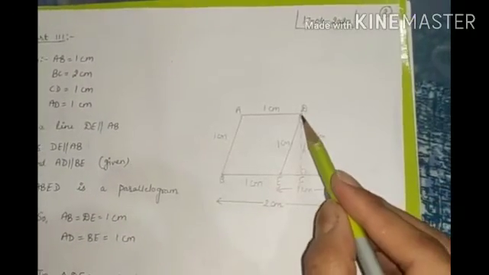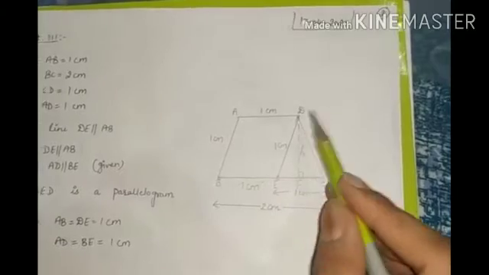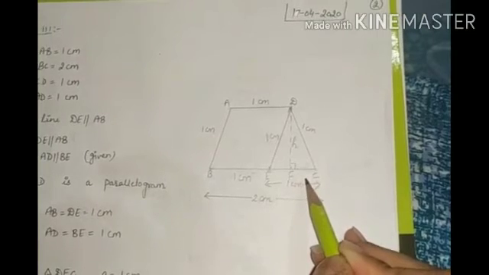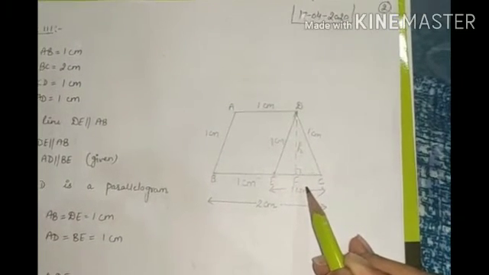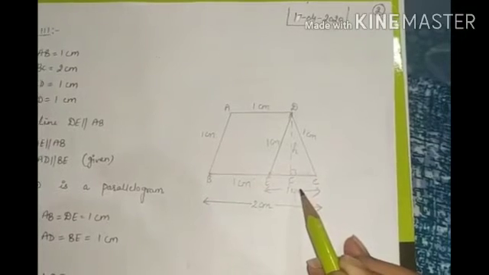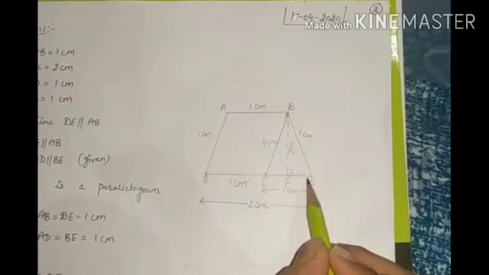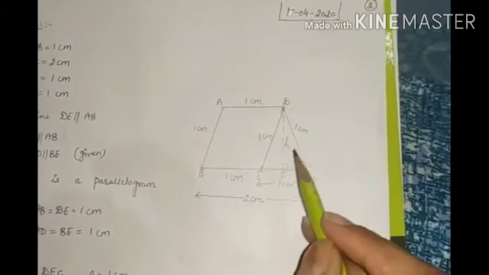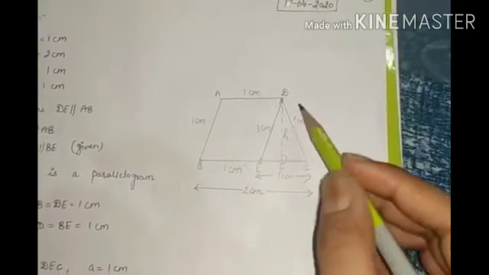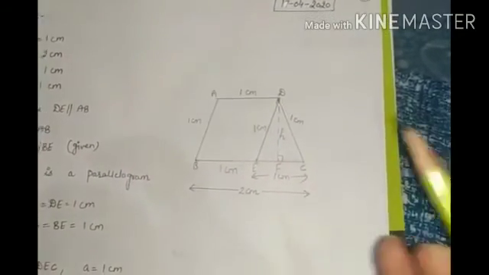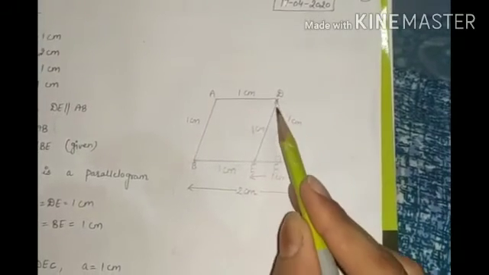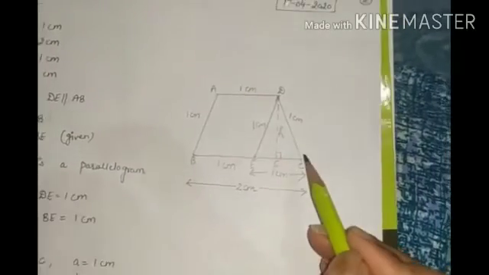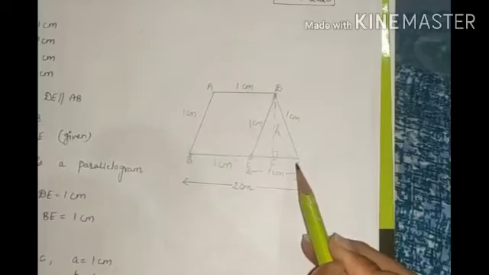Now see in this triangle DEC. If in this triangle DEC, base and area are given, we can find the height by the right angle formula, half into base into height. In this, base is given, EC 1 centimeter, but area is not given. So first we have to find its area. We can find the area by Heron's formula because all the three sides are given, DE, EC and CD. So we can find the area of this triangle DEC by Heron's formula.